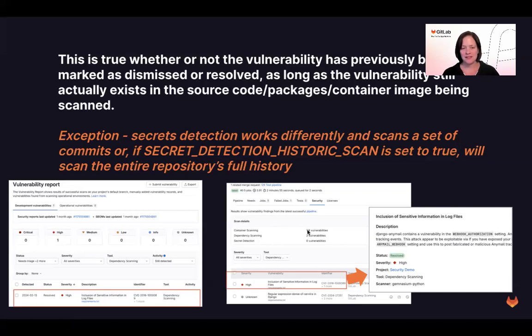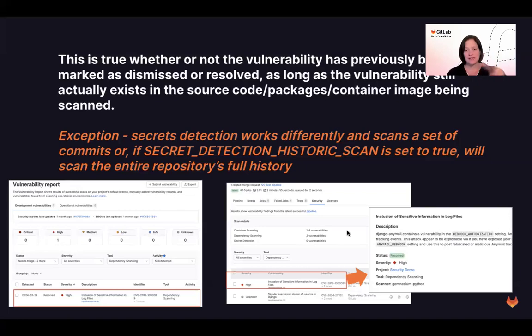When we ran the next feature branch pipeline, as we were developing a new feature for the same code base, we still see that vulnerability as a high severity vulnerability. If we click on the vulnerability to look at the details, we will see that the vulnerability has been resolved. And if you have the dismiss toggle off, you would also see all the dismissed vulnerabilities. But as you look through each one and look at their statuses, they will be reported as dismissed, right? We're reporting them here because as we run the scans, we know that these are vulnerabilities. The JSON report is going to show them as vulnerabilities.